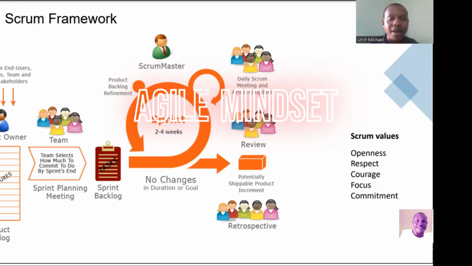Okay. They are coming up with tasks, and the tasks to be accomplished in that sprint will be written down or updated in the sprint backlog. All right. It will be in the sprint backlog, and that is the task they are going to achieve. So after that, the sprint will begin to commence.